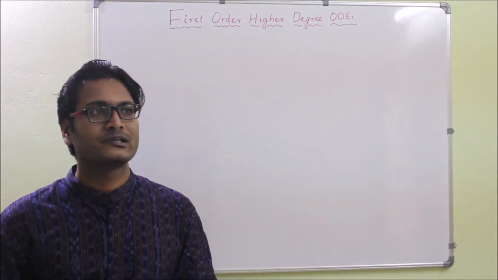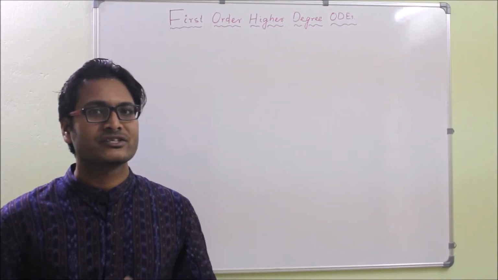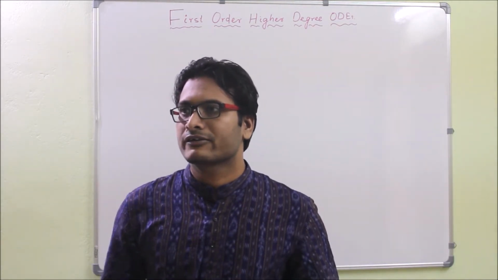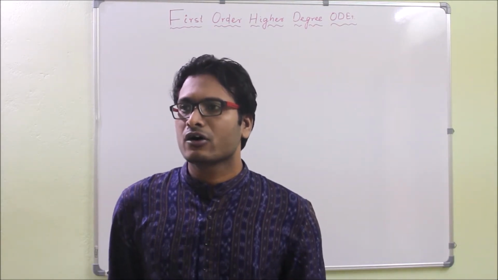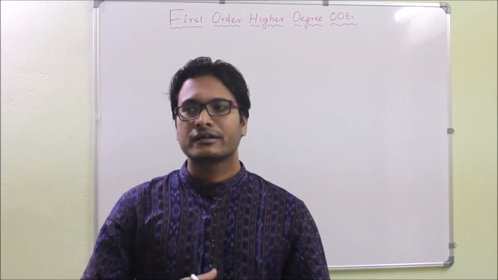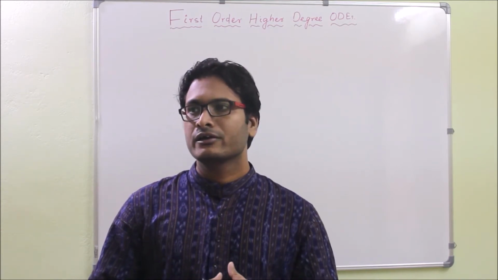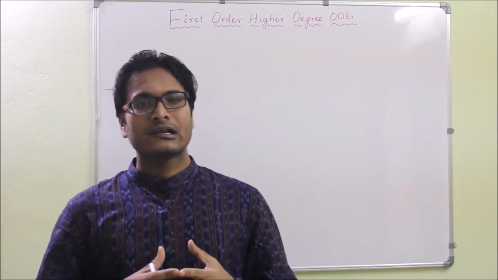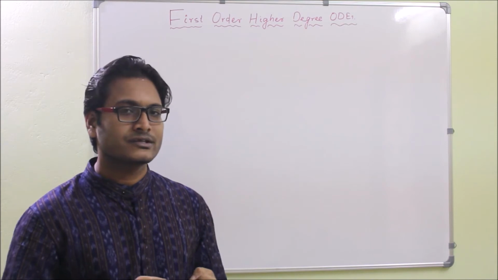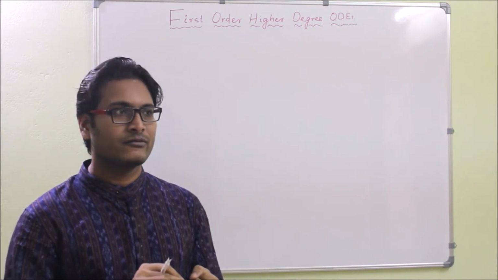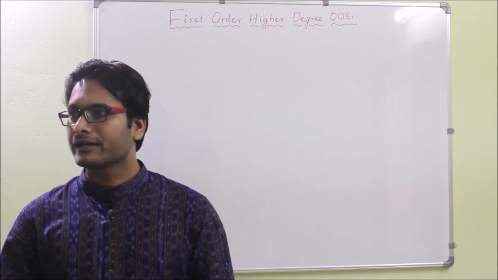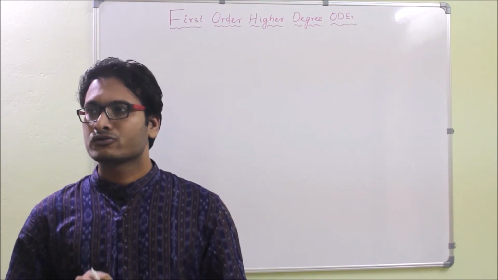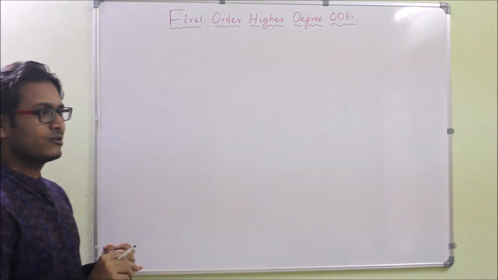So today we will see the continuation of first order higher degree ordinary differential equation and how to solve. So already in the first lecture we have discussed there are different ways to solve those types of differential equations. So first is solvable for p, solvable for x, solvable for y, and when one variable is missing. So one by one we will see. So first one we will see solvable for p.